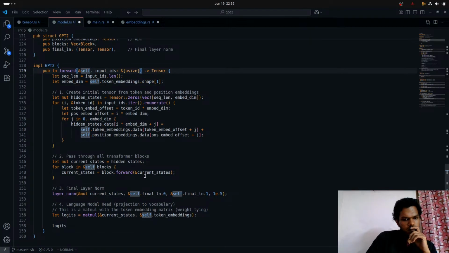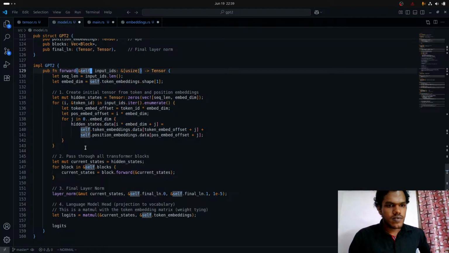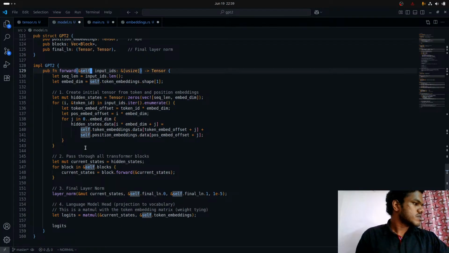Sort of like we are implementing our own embeddings here? Oh my gosh. Just see how much we just